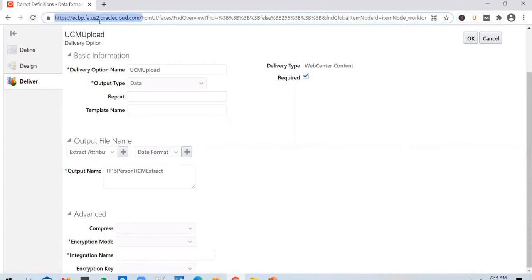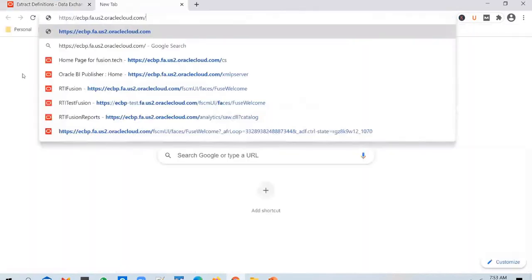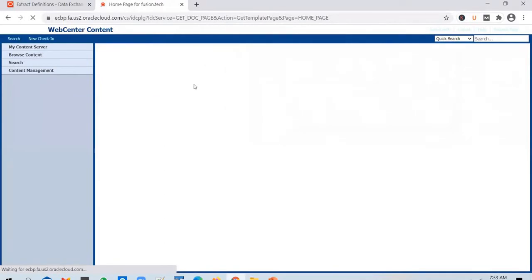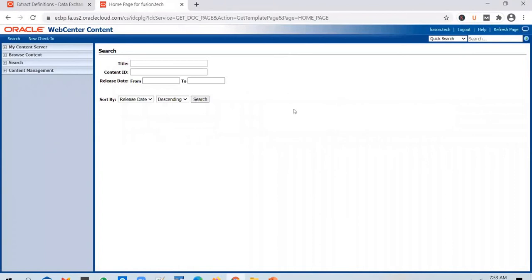So after we run the extract now, if you go into the content server, the file gets uploaded here. Since the other system is going to pick up the file from here and process it at their end, they usually do it with the help of integrations. They will build some integrations at their end and they will pull the file. And for integrations, XML is the preferred format.